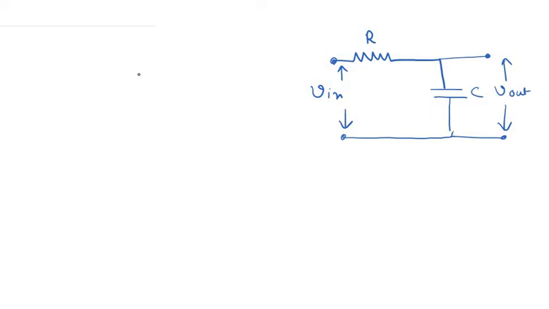Now let us write the equation. What is the relation between V in and V out? Note that V in here is actually divided over this resistor R and this capacitor C. Let us call this, in general language, impedance Z1, and let us assume that this capacitor has an impedance Z2. And we know that in frequency space this Z1 is basically equal to R because it's just a linear resistor. Z2, on the other hand, is the impedance of a capacitor, so this is basically 1 divided by j omega C.